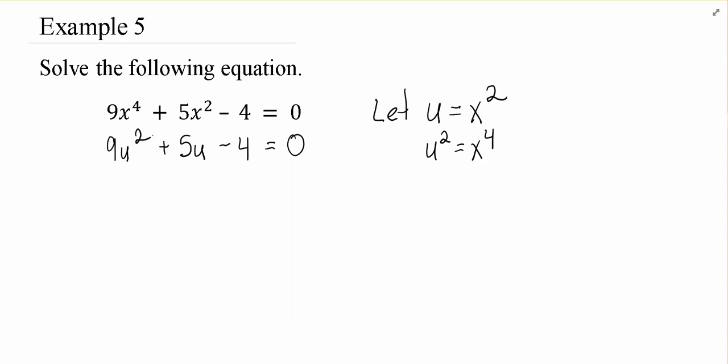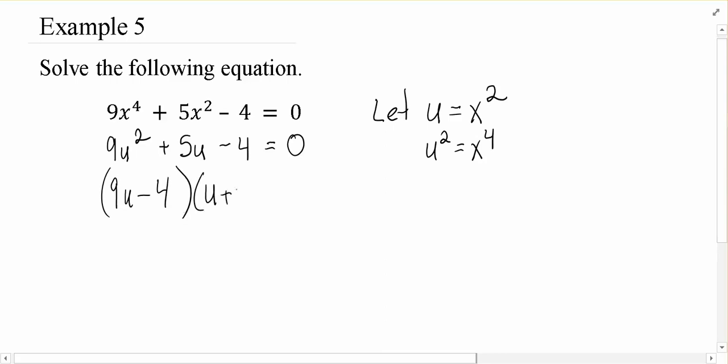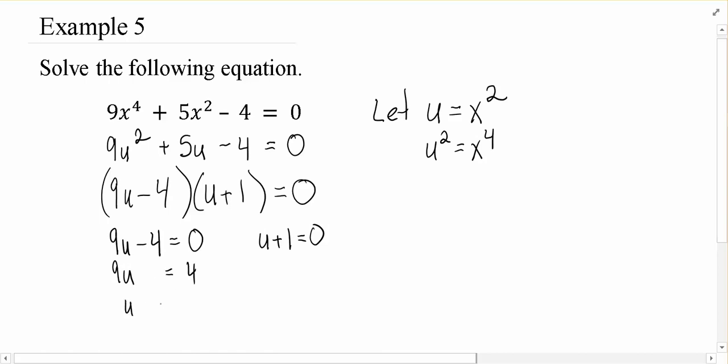I'm going to make sure these u-substitution problems are always factorable, just to make your life easy. So on this one, let's go ahead and solve. We get 9u minus 4 and then u plus 1. This factors nicely. So now either my 9u minus 4 could be 0 or my u plus 1 could be 0. I add the 4 to the other side, divide by the 9, so that u is 4/9